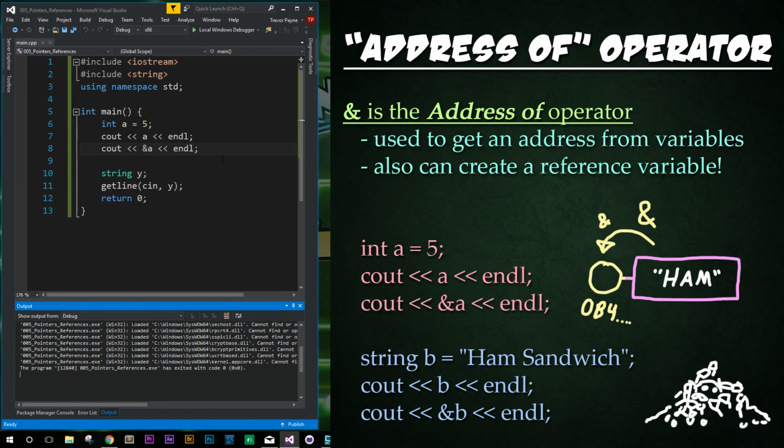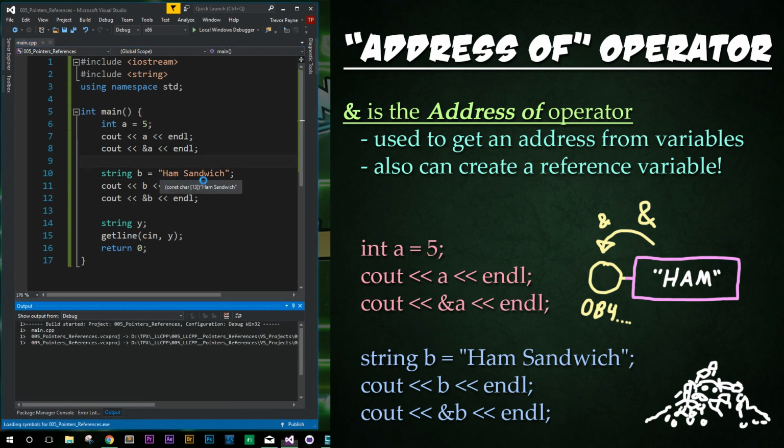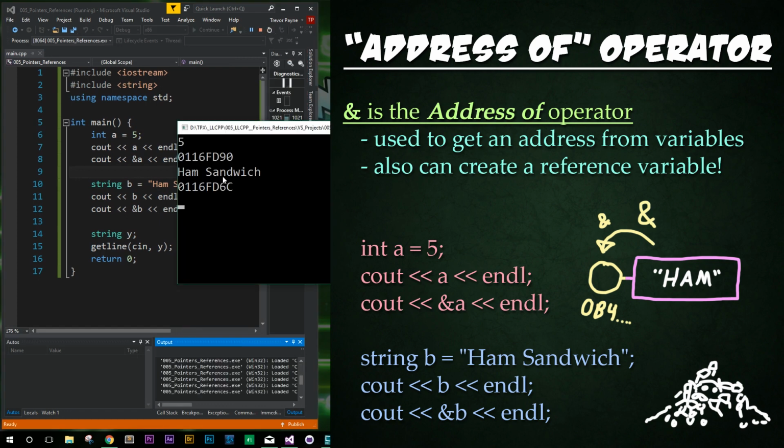And then we'll just repeat it all again for a different variable altogether. We're just going to replace this with b, every place with b. And then we're going to change this int type to a string. And then we're just going to set that value equal to ham sandwich, just to show you that it doesn't matter what variable type is being passed in. All right, go ahead and save it, run it, and we see the output is ham sandwich now,